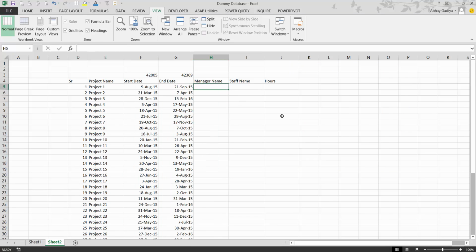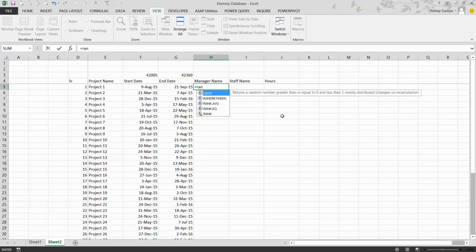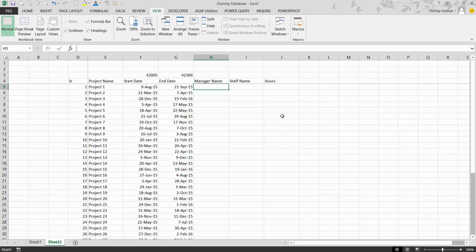So now I want to have random manager names over here for this project. So we'll be using our random function. Before starting the random between function, let us start typing the manager names over here again. Manager, and we'll be using our choose and transpose function over here.